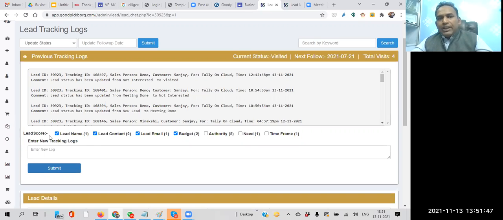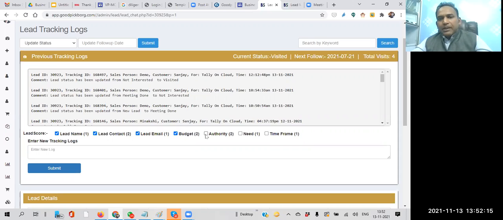If we have the lead contact filled in the lead form, it will get ticked automatically here. These three things cannot be modified from here: lead name, lead contact, and lead email ID, because the system picks them automatically from the lead form when it is filled. So that needs to be managed from there only, and the rest four can be managed from here.